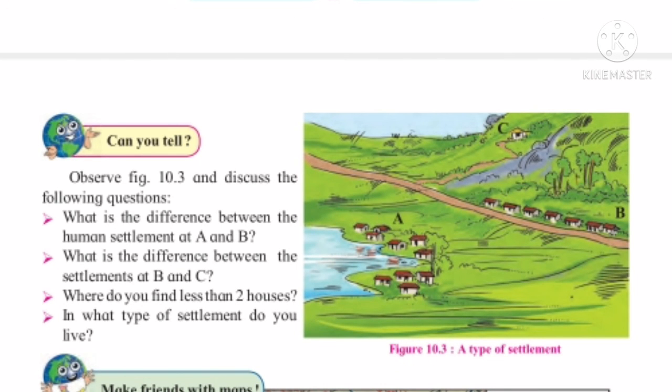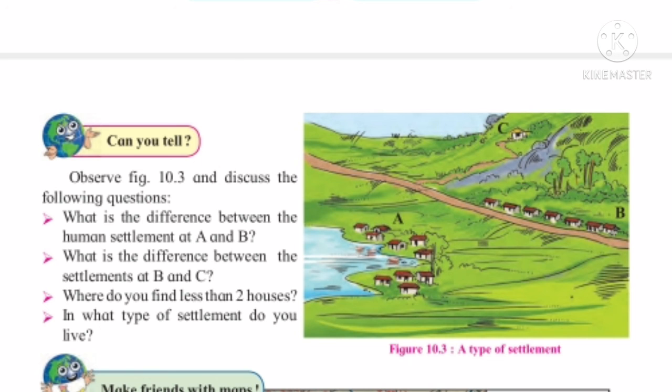Over a period of time, other occupations also started evolving in these settlements, and due to this, people from the surrounding areas started migrating to such settlements, leading to an increase in rural population. Houses were built and different facilities developed to fulfill the requirements of this growing population. Secondary and tertiary occupations increased, and the proportion of people practicing primary occupation declined. This led to the transformation of rural settlement into urban settlements.